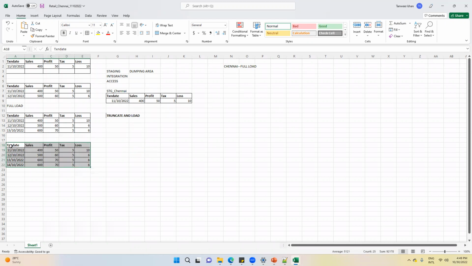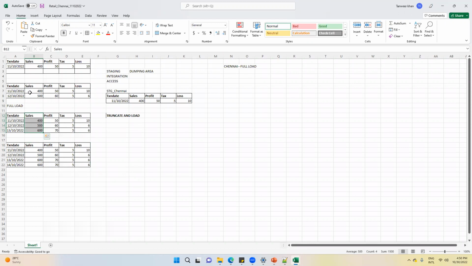No, it is the total authority of the source team. They can send in any format, their wish. Is this what you're asking? No, my doubt is it's not necessary that sales is coming from the same table of a particular database, right? Sales could be in a different table of a database. One minute. Right now, I'm telling that this sales is coming from one source team, not from a database.